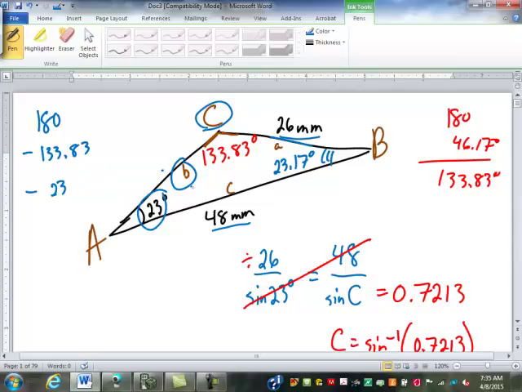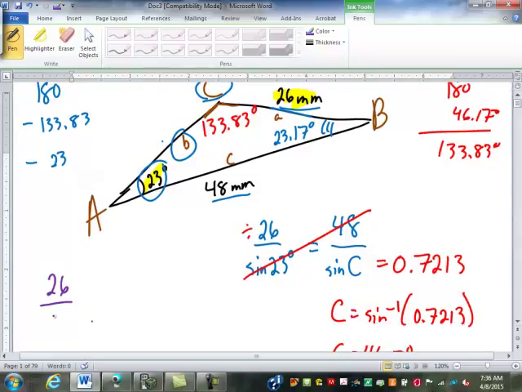Now, at this point, we have two pairs of angles with their opposite sides. But I want to go back to the original information, the ones that were given to me, as much as I possibly can. There are times when I can't do that, but right now I can, so I'm going to. So it's 26 over the sine of 23 degrees, equals, now I'm trying to find side B here, so that goes on top, side B, over the sine of